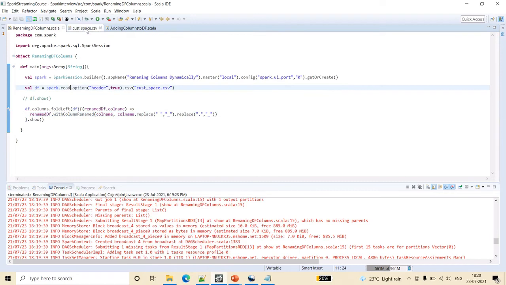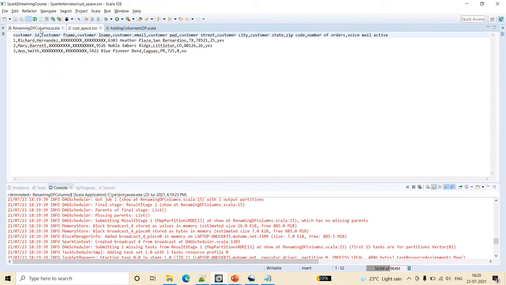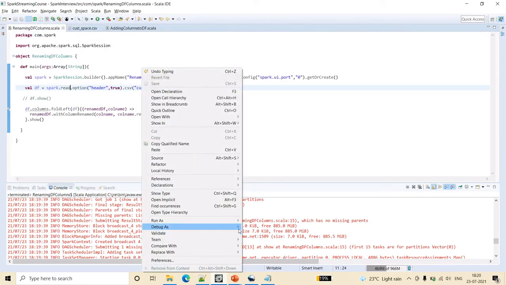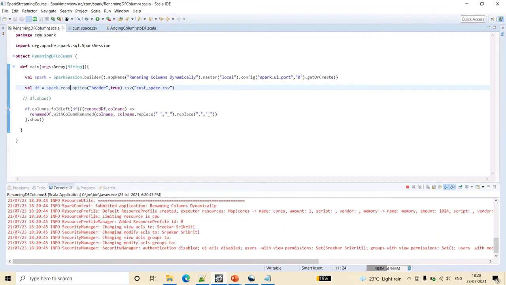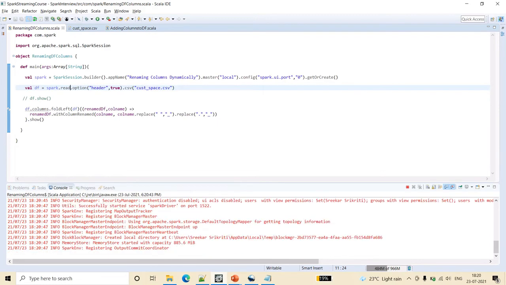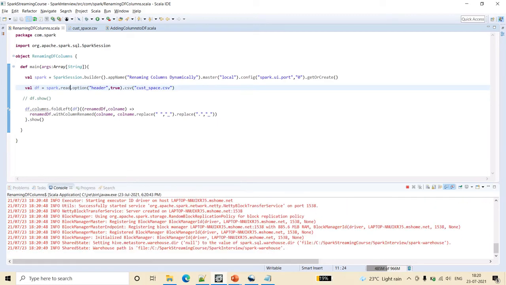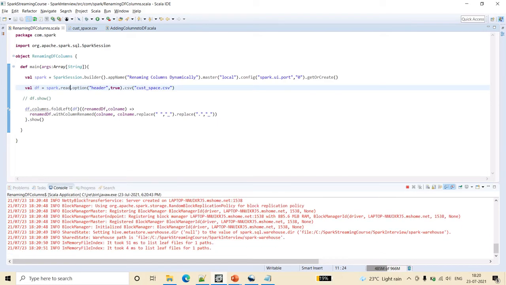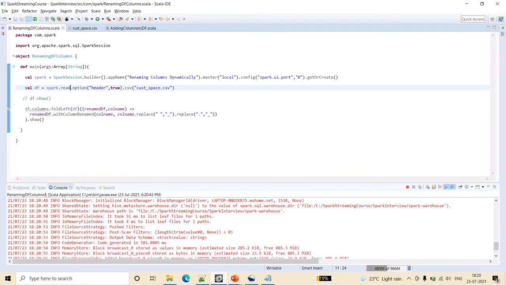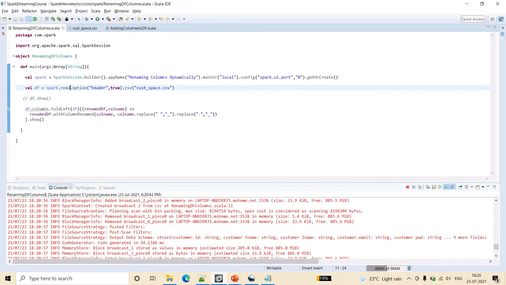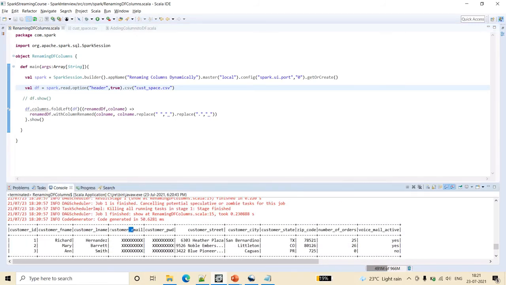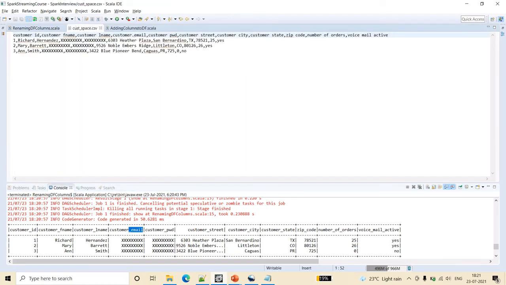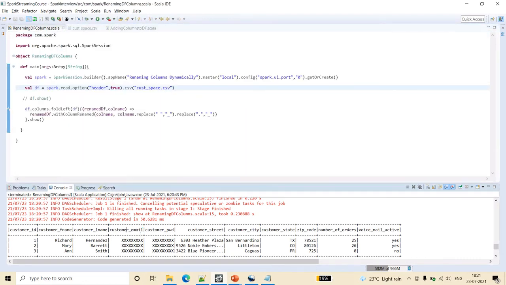Now I have saved this file, customer dot email. So friends, if you see here, even in customer underscore email, the dot is replaced with the underscore.